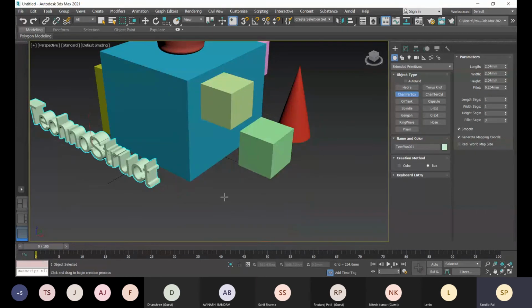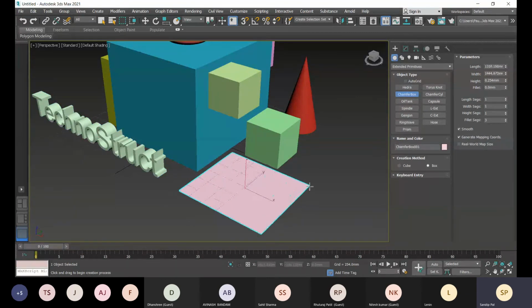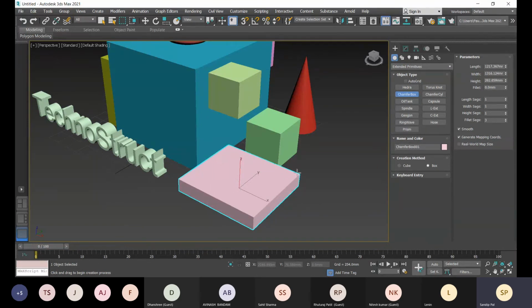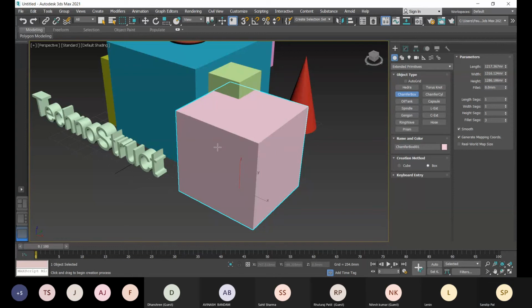Okay, so how do you create that? You specify one corner point, and holding the click, you drag to the opposite corner and release the mouse. After releasing, you drag up to the height and click, and after the click you move your mouse.